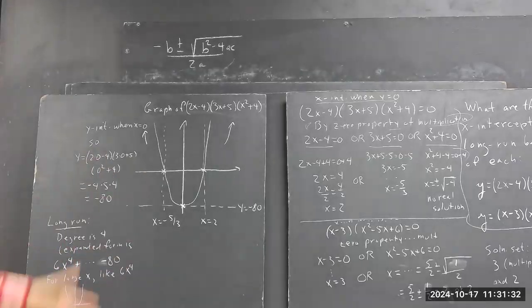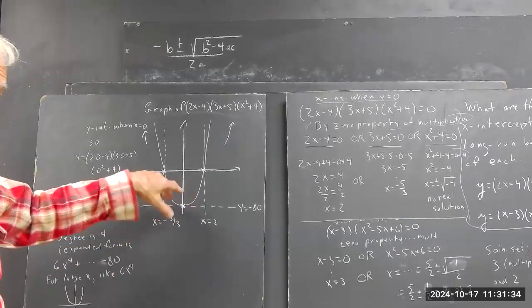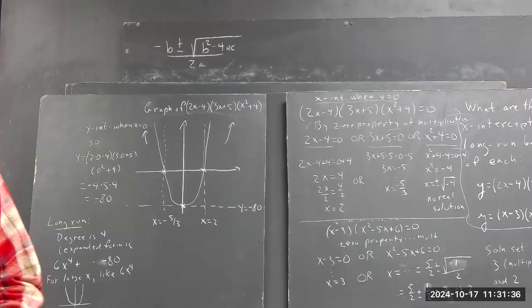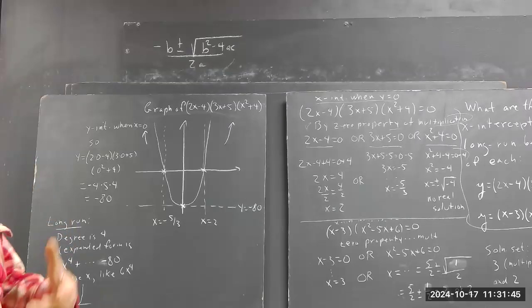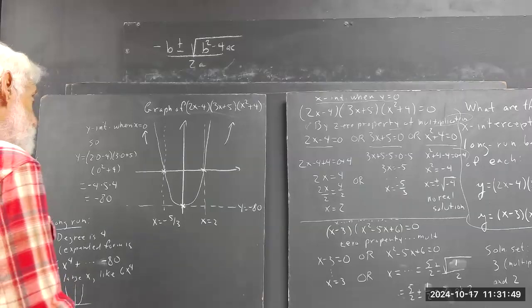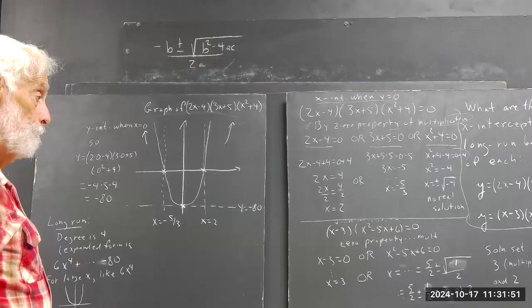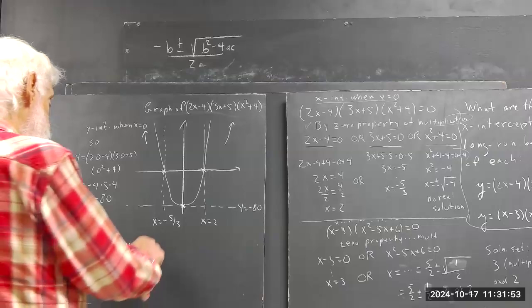So it's not a very interesting graph. There might be some wiggles in here, because of the x squared plus 4. But we're not going to analyze that. You learn to analyze that when you take a calculus course, because you have to use derivatives and stuff like that. Now,